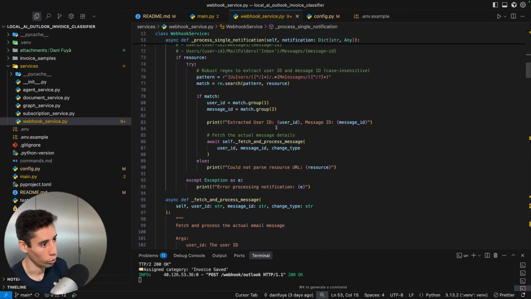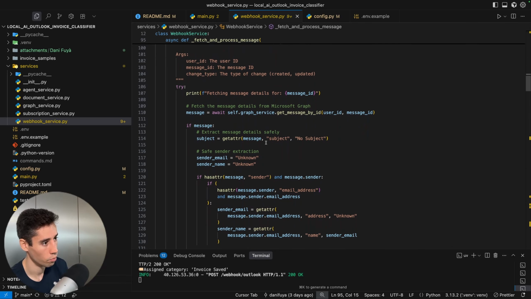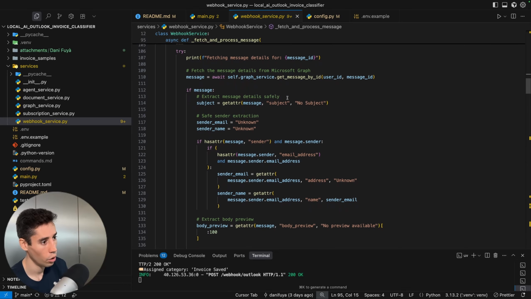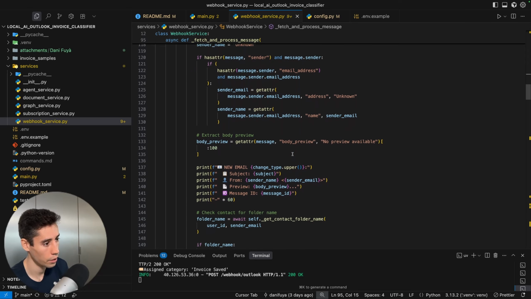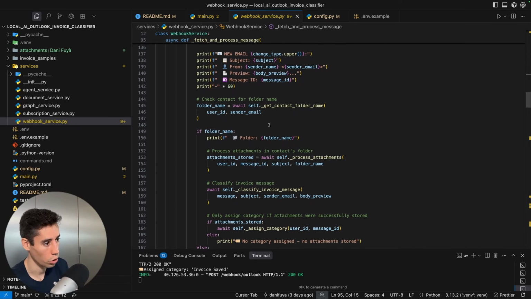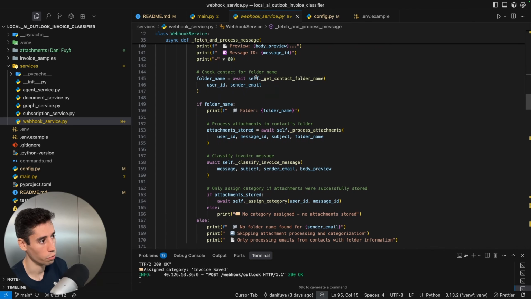And here we are trying to process different messages. All right, so here we get the message by ID, we extract some email address, we print some information, and here we have all the logic of going to the contacts folder that we have in Outlook, trying to get